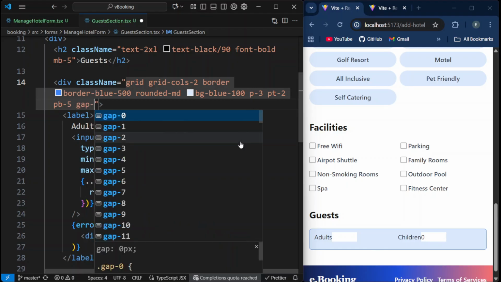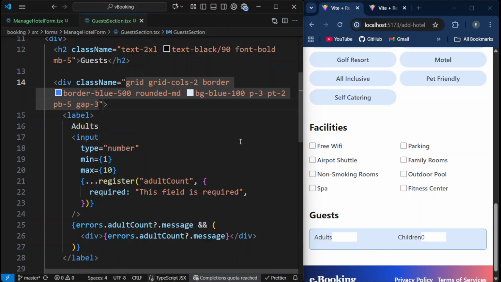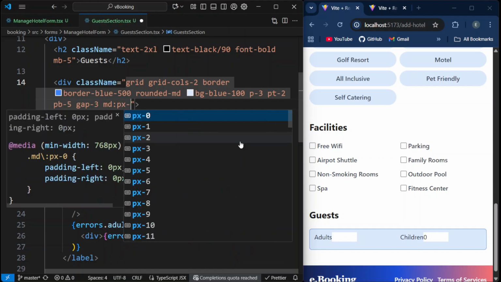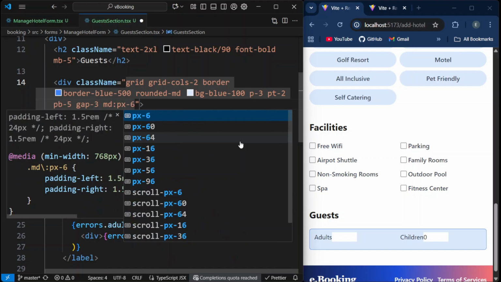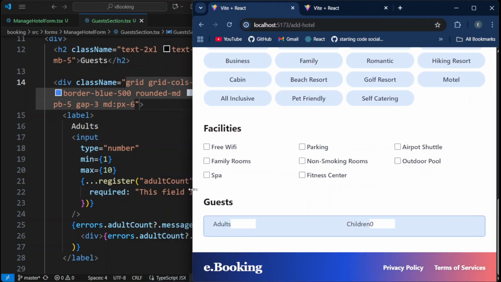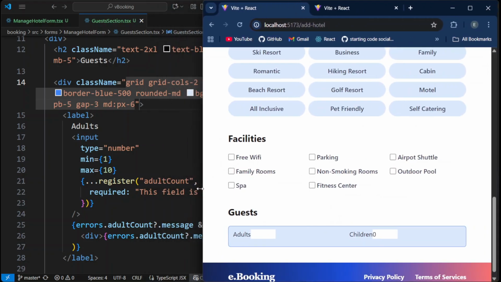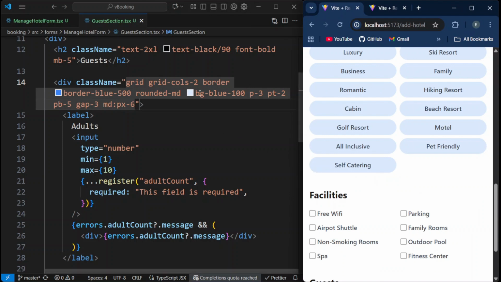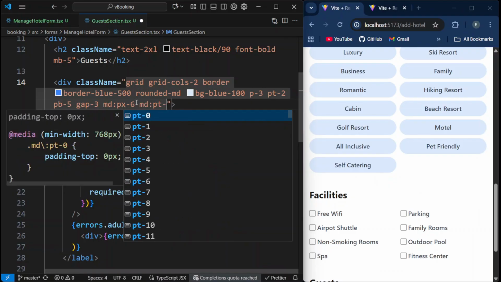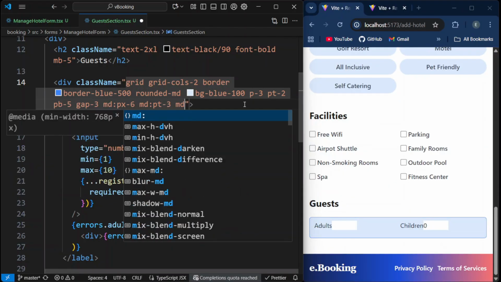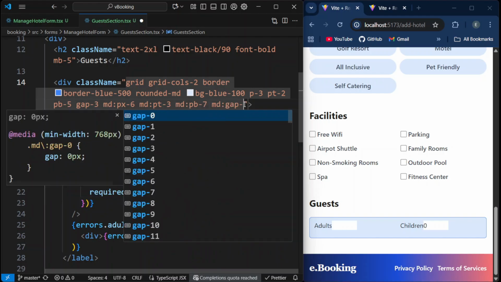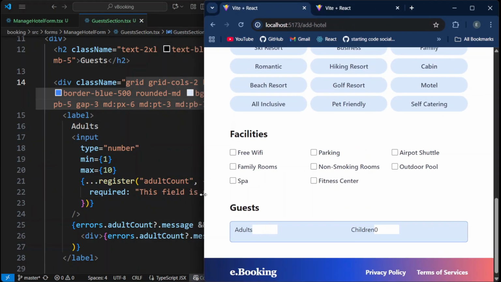And let's give a gap of 3 between our inputs like this, and on medium screens and above we will give padding on x-axis of 6. So on medium screens, since we have more space, as you can see on x-axis we had given more space, and also on medium screens and above padding on top will be 3, and also padding on bottom will be 7 and gap will be 6. So as you can see,